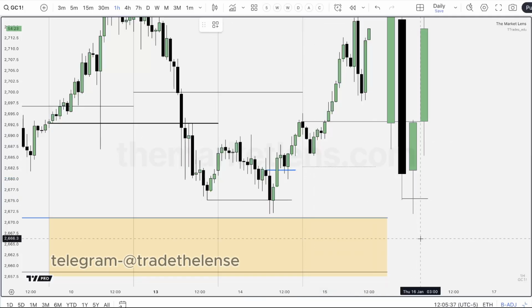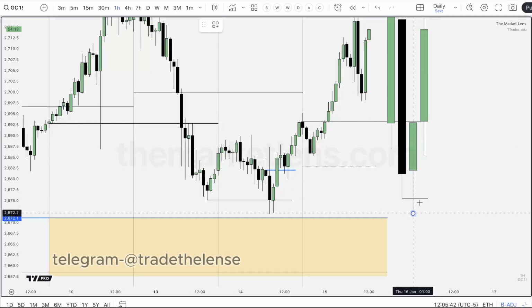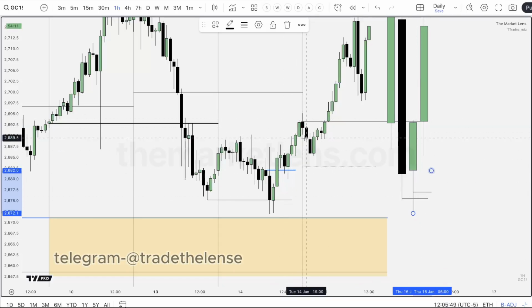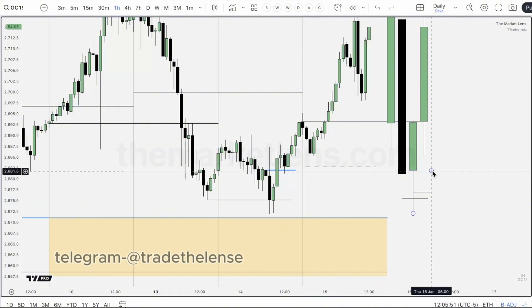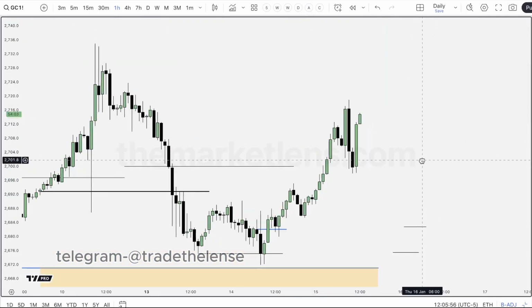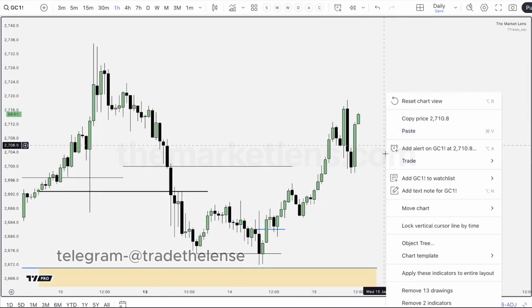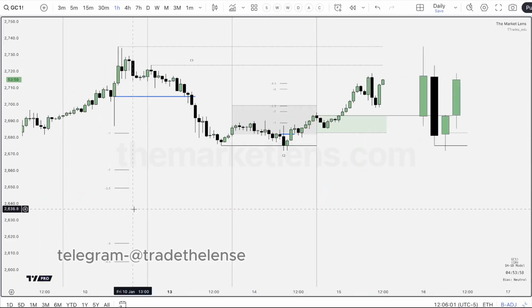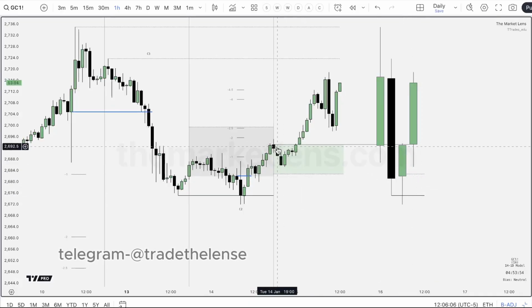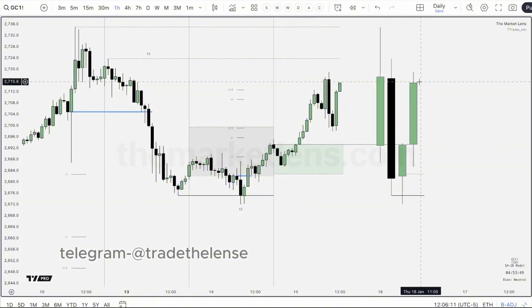Where would I want to see this respect? Would I want to see the wick be respected or the whole candle? Well, it doesn't really make sense to use the wick because if price goes from up here all the way down into the wick, now it's so close to taking out this low, it doesn't make sense for an expansion candle. So that is why you'd want to see 0.5 of this entire move. So we go ahead and open up the indicator on here and remove those. You'll see how it marked it out: we have that sweep, 0.5 of that, and then that is our area we're looking for a low to form, and then we're getting this bullish expansion candle.